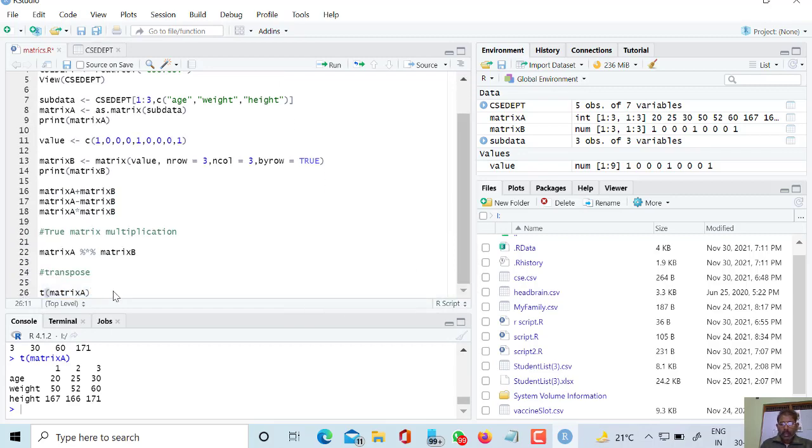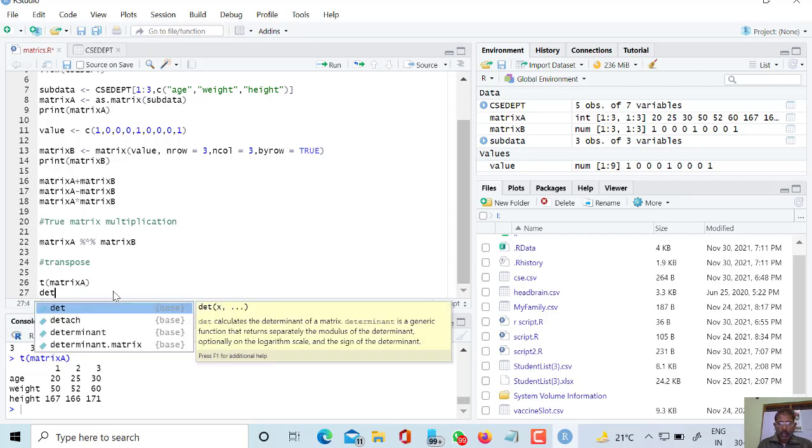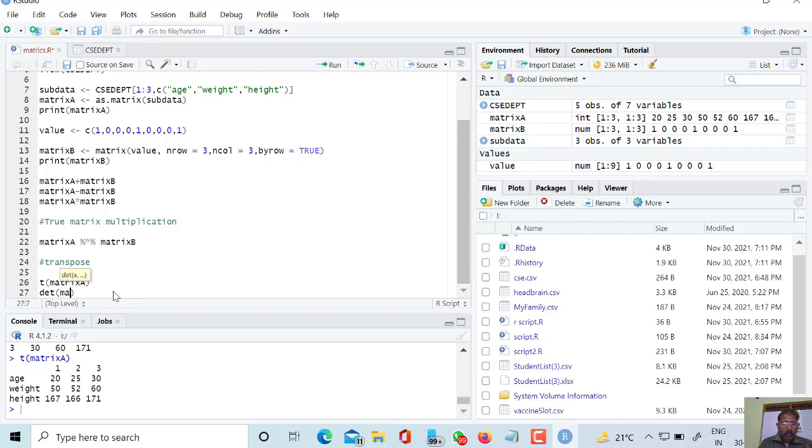Similarly we can get the determinant also. For this, a very simple operation, det. If I calculate the determinant of matrix A, here we have got the determinant of matrix A.